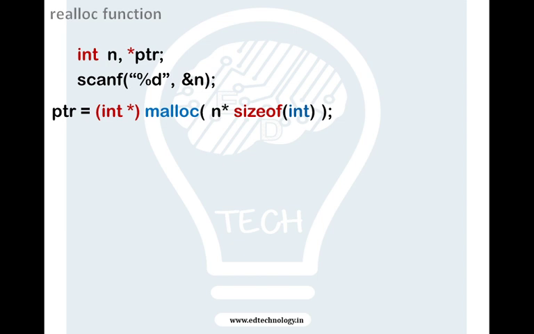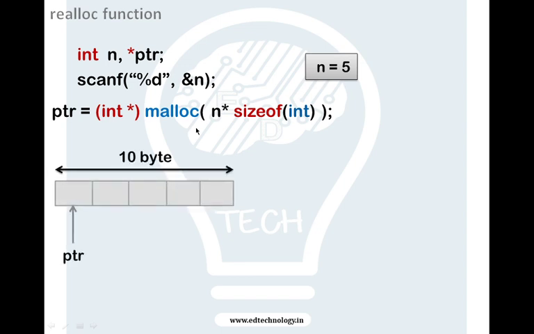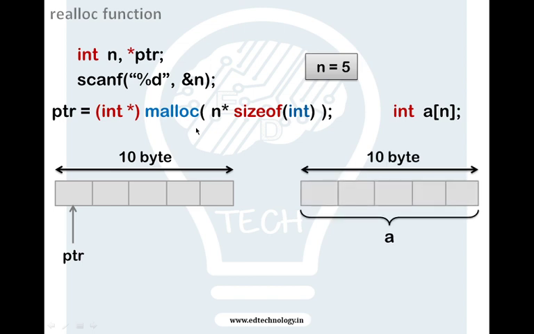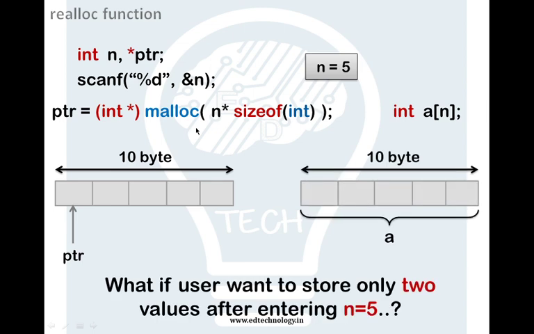Then the next element which we are talking about is realloc. So what is the change? Same way we will compare it with malloc. So we have this malloc function in here, and we have the declaration of malloc. With n is equal to 5, so basically 10 bytes, because integer is 2 size, and this is how array would happen, right? What if now we want to use only two values after entering n is equal to 5? Because what happens is, I told you, dynamic memory allocation means we need to free up memory whenever it is